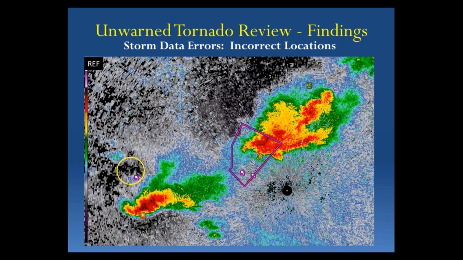Another error: incorrect locations. The one off to the left with the yellow circle, potentially the LSR is the icon and the tornado icon, and then there's a red dot off to the northwest of that. That's actually the storm data entry point. This very well could be due to spotter location being entered and then not QC'd when it was entered into storm data. Now, for all of these we went through numerous hours of storms to make sure these didn't occur with other storms, and this one certainly didn't. Everything remained off to the east with it.